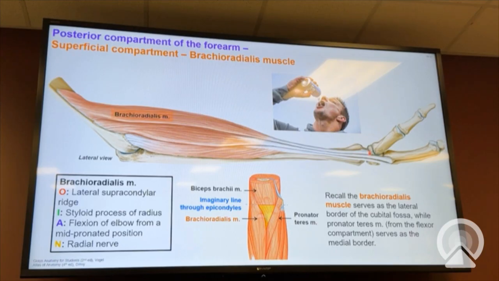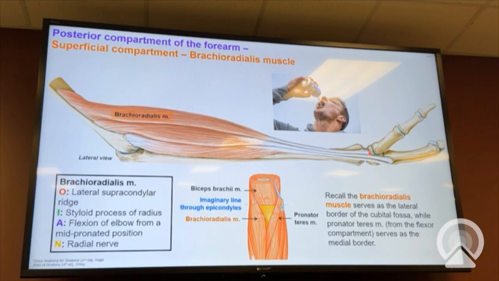It's a flexor of the elbow, but only after getting your hand into a certain position that it wants it in. So if you're in supination like this, and you fire your brachioradialis muscle, the first thing it would do is pull your hand into this position. It's like a mid-supination, mid-pronation position, and then it would flex your elbow. Just the opposite, if you started from a pronation position and you fire the brachioradialis muscle, it would just pull your hand into this kind of mid-supinated, mid-pronated position, and then